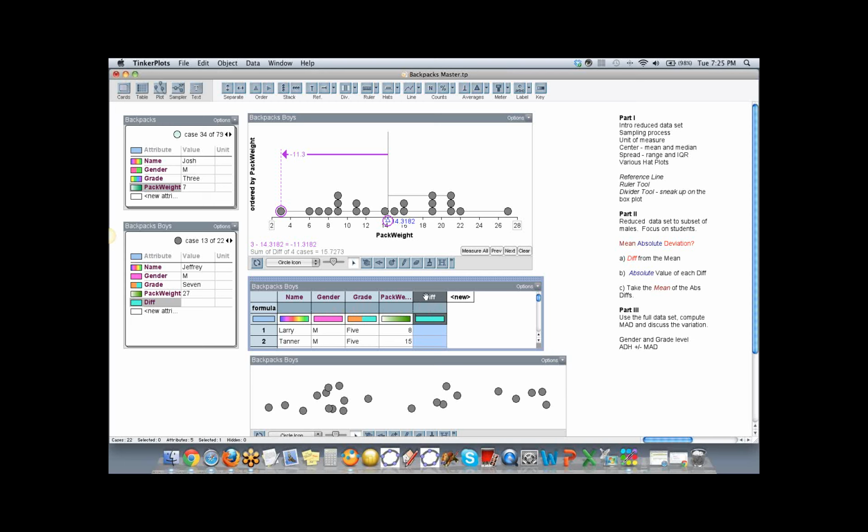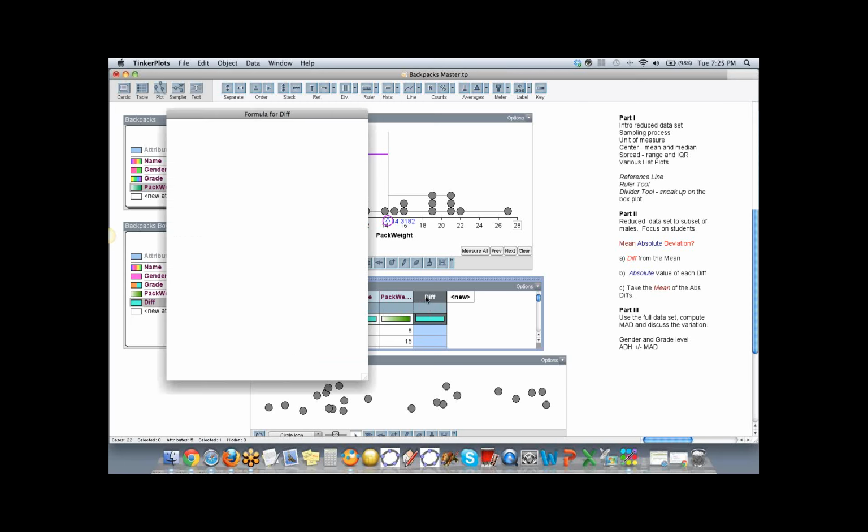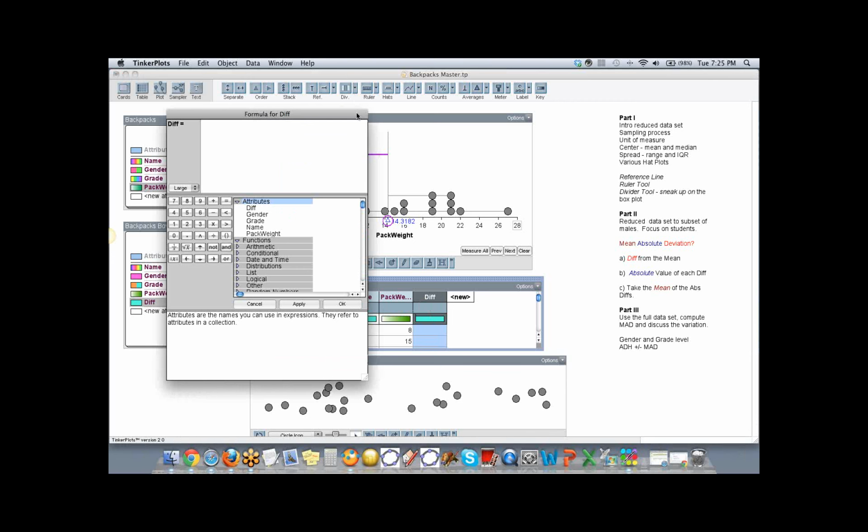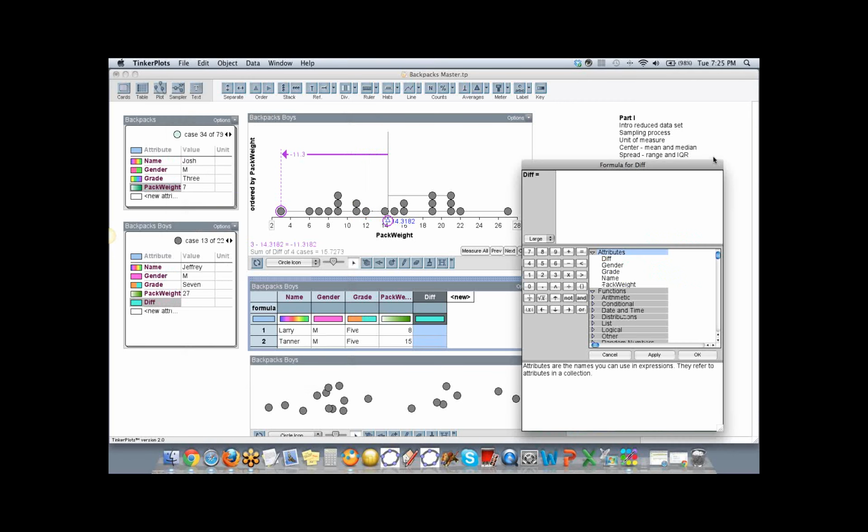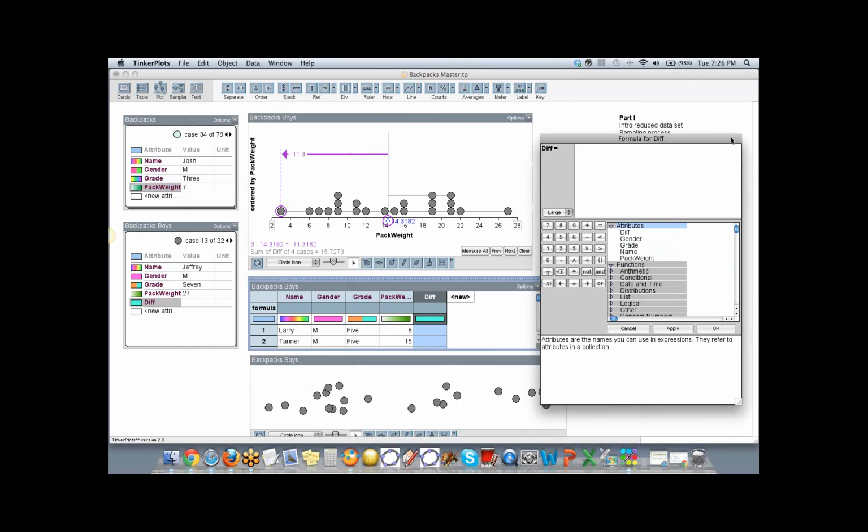If I right-click, I can get this to open up and show you the formula editor. And what do we want to do? We want to get this difference. So we want to take the pack weights, so double-click on pack weight, minus the mean of the pack weight.